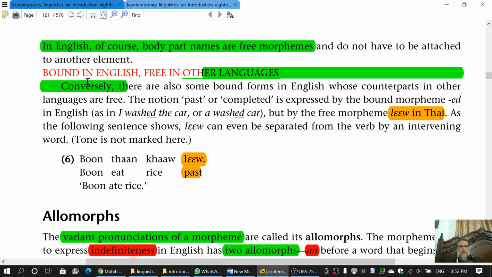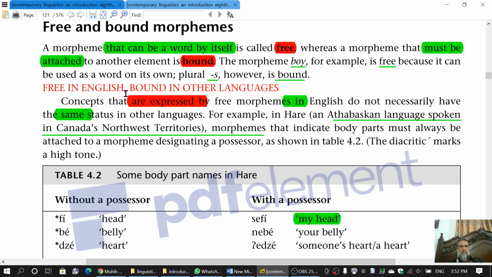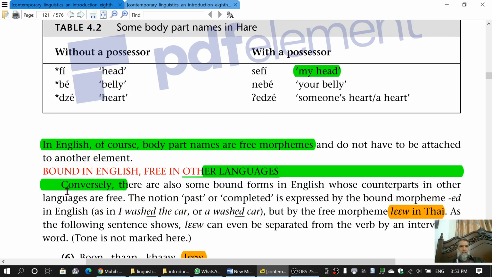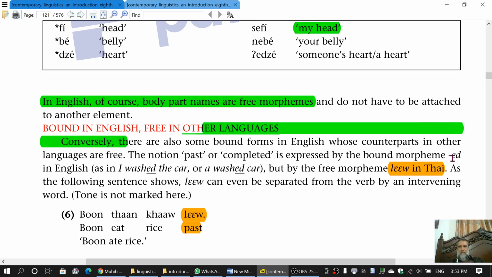इसके बरक्स बाज मार्फीम्स ऐसे हैं जो कि बाउंड हैं इंग्लिश में और फ्री हैं दूसरी लैंग्वेजेस में. तो ये इसका बिल्कुल उलट है कि ये इंग्लिश में फ्री है, दूसरे में बाउंड है. ये इंग्लिश में बाउंड है, दूसरों में फ्री है. मसलन ये जो ईडी है पास्ट के लिए जो हम यूज़ करते हैं,